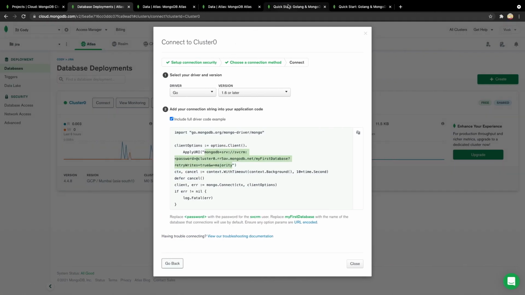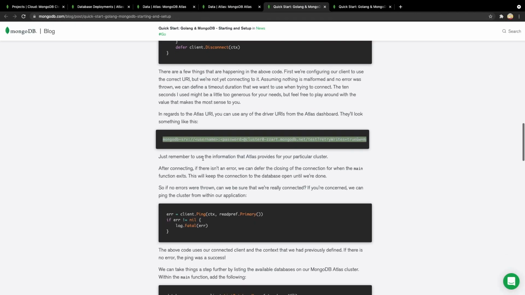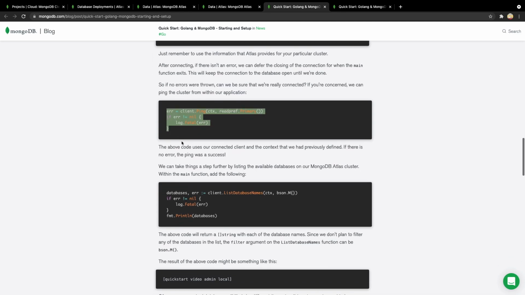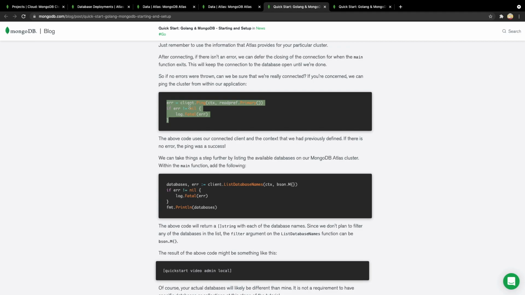Now let's go back to the blog and see what else we need to update. So what it's saying is that this information will help to ping the connection which we have established. So let's copy that.